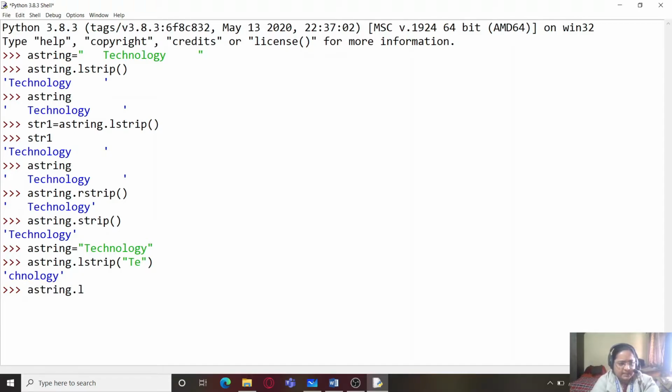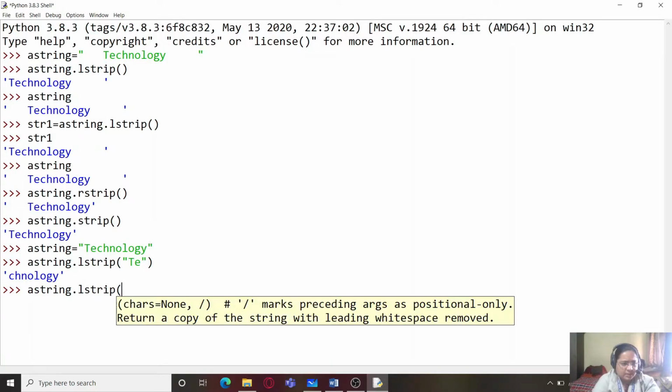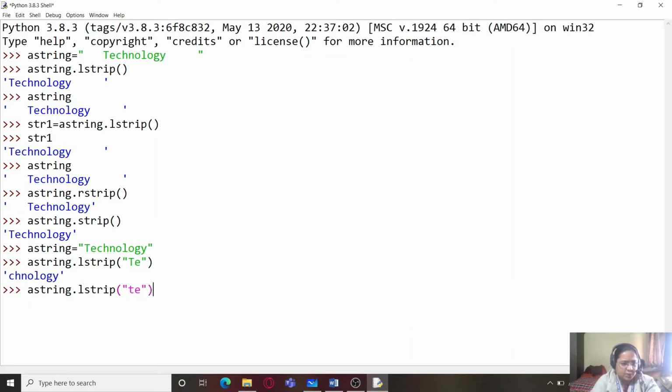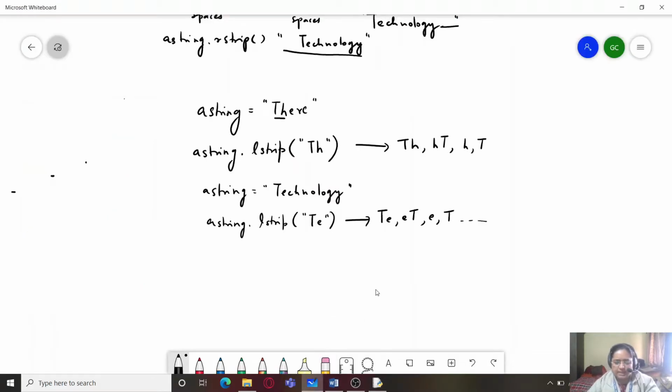If I write lstrip TE, where we are using small t in place of capital T, you will see technology remains as it is because these two do not match. Now you have to pay attention to the fact that if I am providing a small t over here, the possible combinations would be te, et, small e and small t.